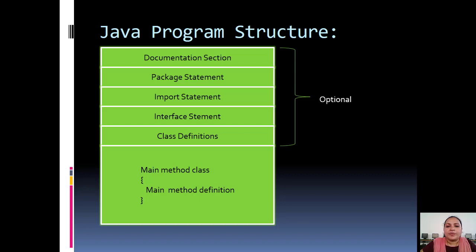It is not necessary to have these sections, but the main method class is an essential part of our Java program. It is compulsory to have one class having the main method in our program.